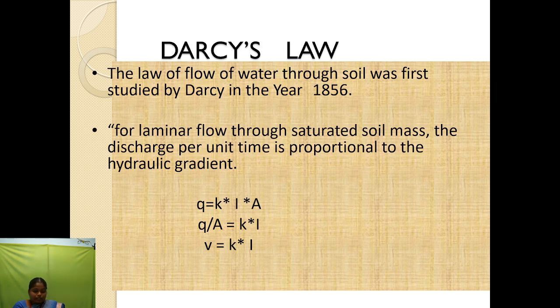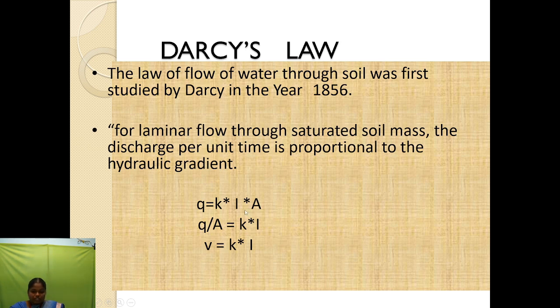Darcy's law states that the discharge, or rate of flow per unit time, is proportional to the hydraulic gradient. The velocity of flow of water is given the symbol V. So V is proportional to i. V proportional to i, so V equals K times i, where K is a constant coefficient. V equals Ki. So Q equals